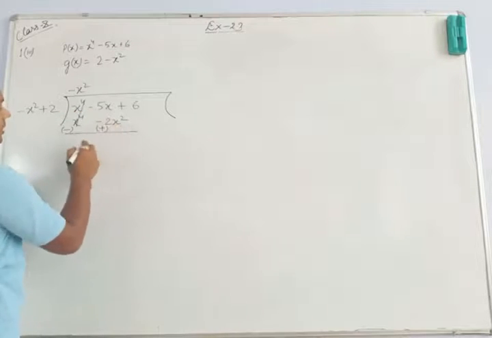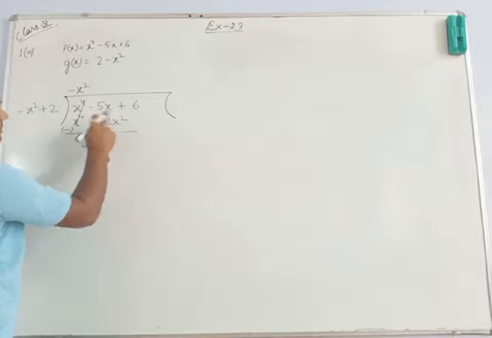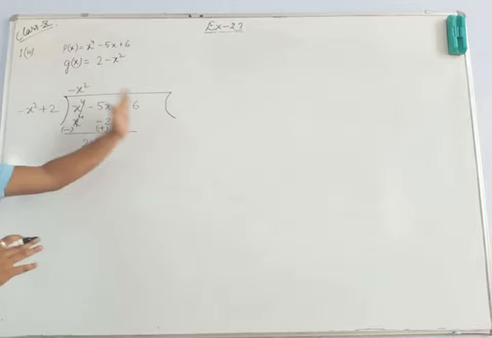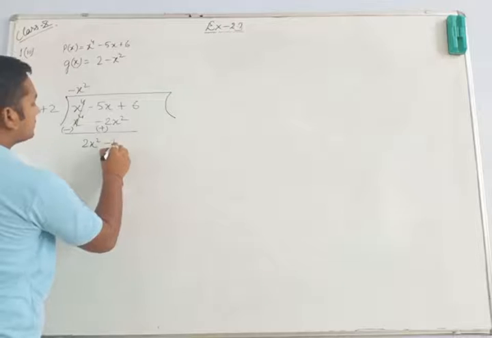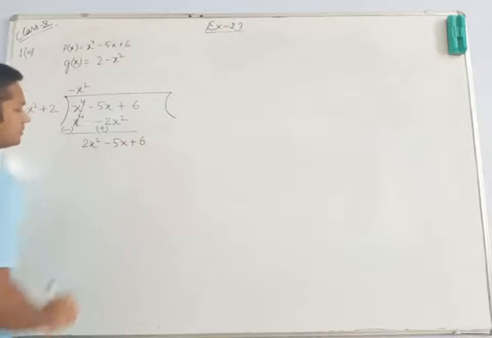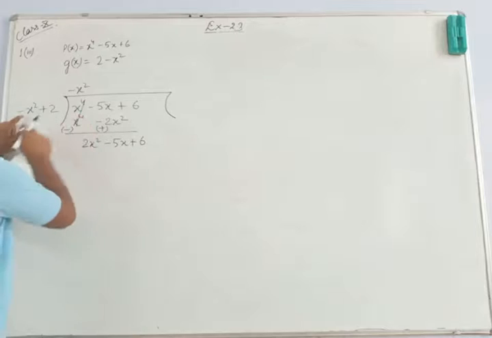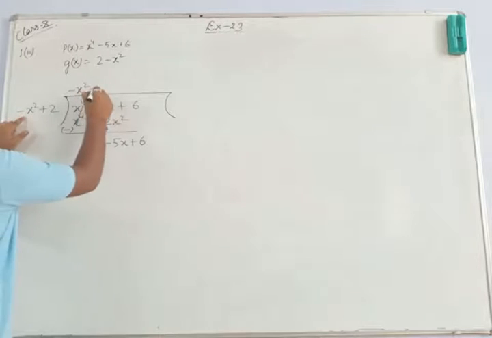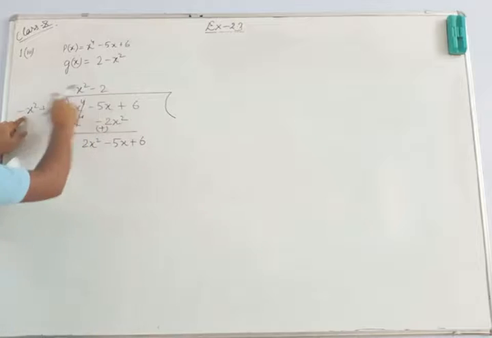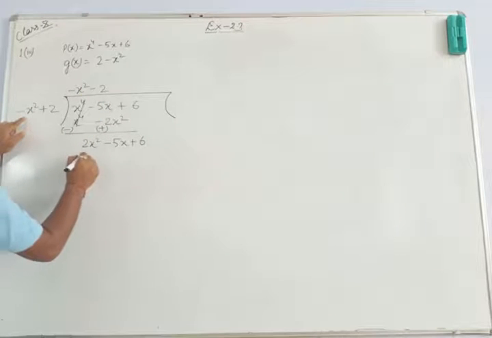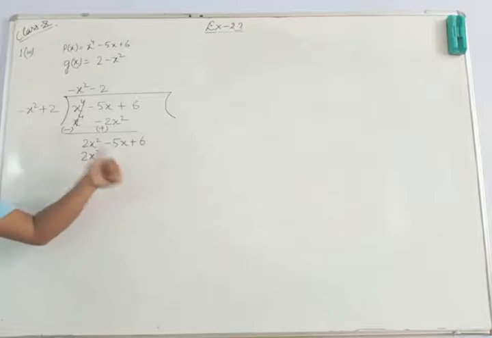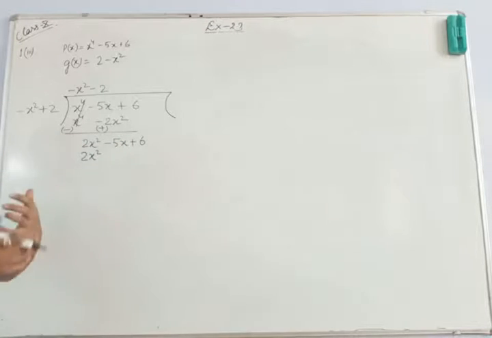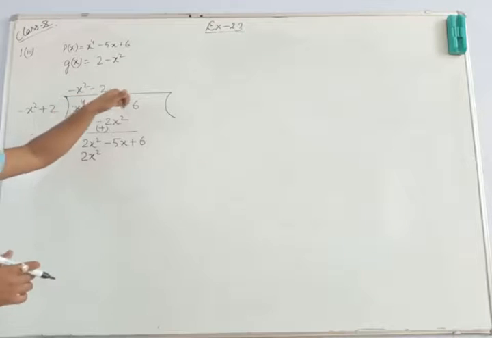Okay, because this is positive, this is negative now. Now here plus 2x square, because here there is no term of x square in the dividend. That's why we will be writing it as it is. Okay, now minus 5x plus 6. Okay students, now we will be multiplying this one term with minus 2. Okay, so minus minus plus 2x square. So it will give us what? 2x square. So we have to figure out all the time with which term we have to multiply, so that the first term will get eliminated. Okay, तो हमेशा ये देखना है कि first term eliminate हो जाए. So accordingly हमें multiply करना है.